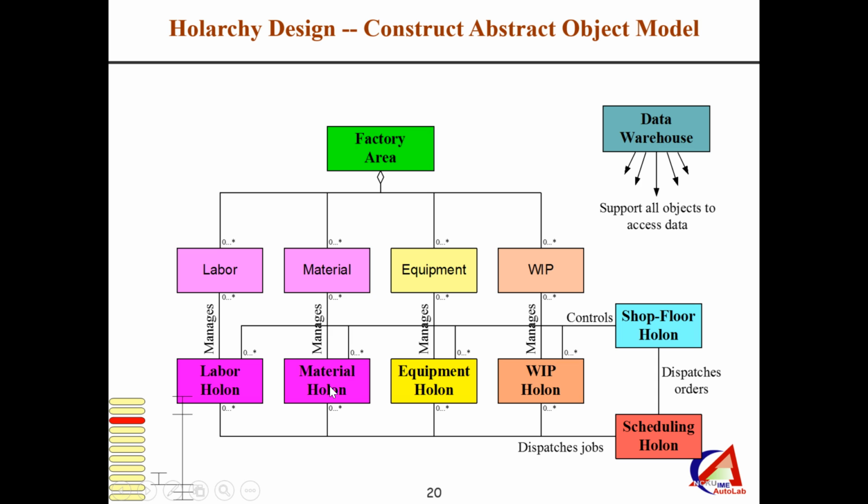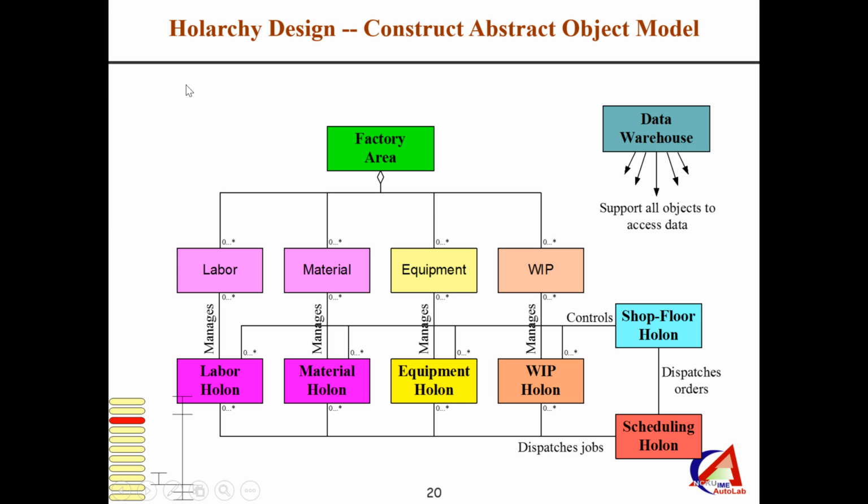For example, material Holon manages the materials, equipment Holon will manage the equipment, etc. Right? And of course, we will have a data warehouse. This will support all objects. So you see,